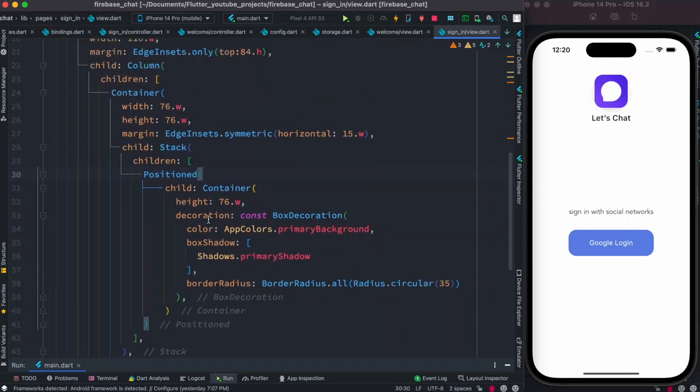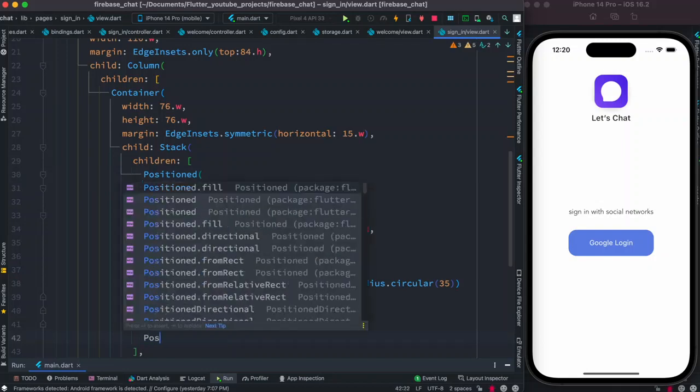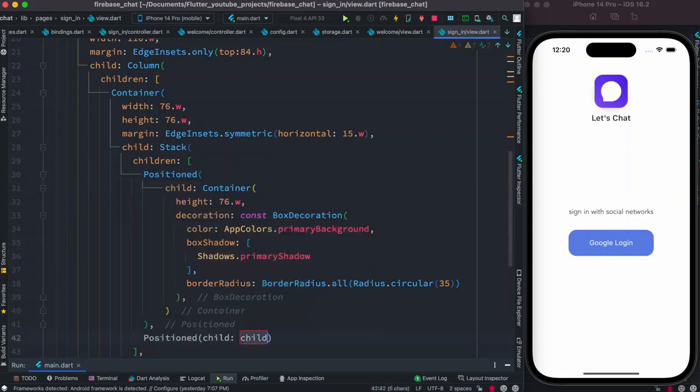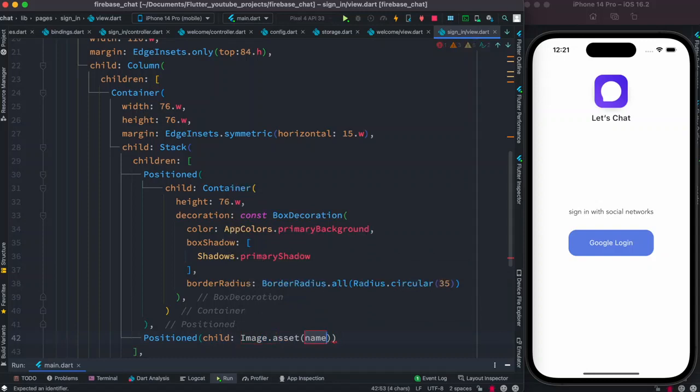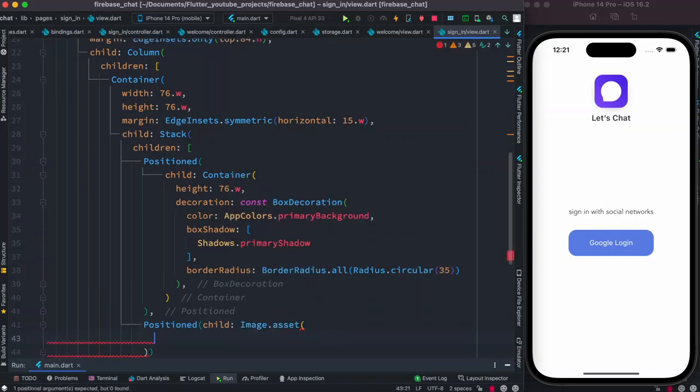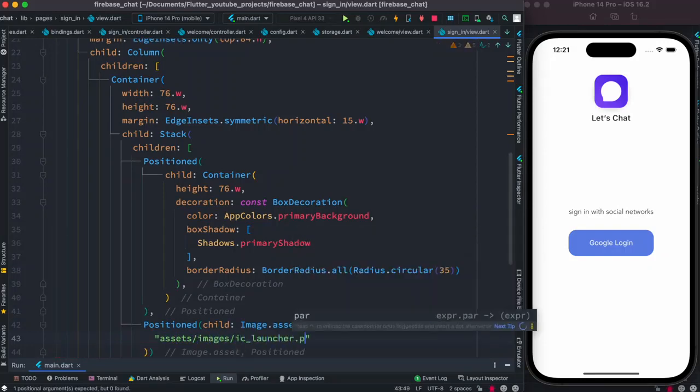So right after this positioned widget, we'll have another positioned widget. And then inside this we'll use image.assets, this one. Now here assets, images, ic launcher.png